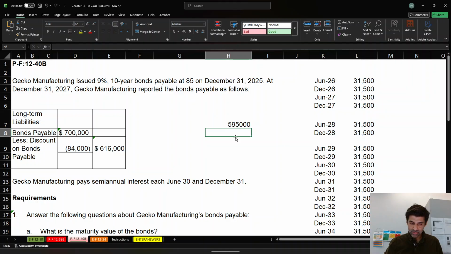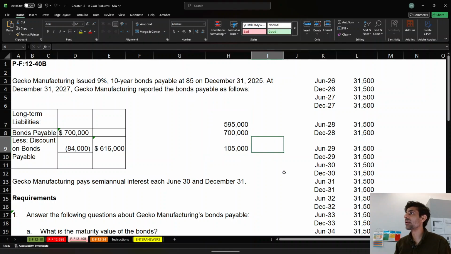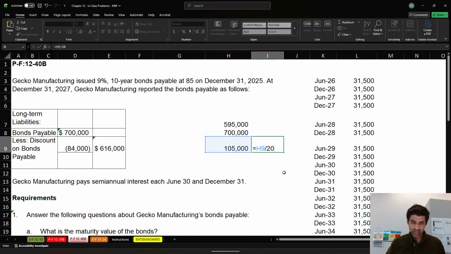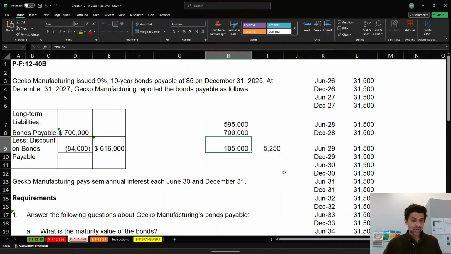So when we first got the bond, we only received 595,000 upfront, and we had to deal with a discount of 700,000 minus this, 105,000. Okay. That is the total amount of discount we're going to have to amortize. How many interest payments are there? 20, right? Semi-annual, and it's 10 years. This divided by 20. So we know that each payment is going to have some amortization of the discount on bonds payable of $5,250. Okay, so